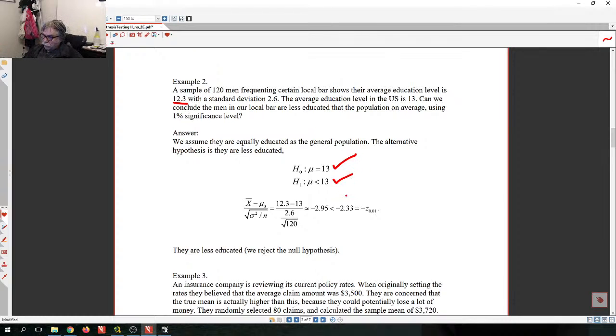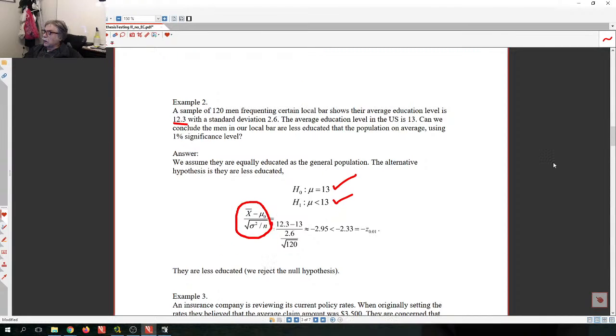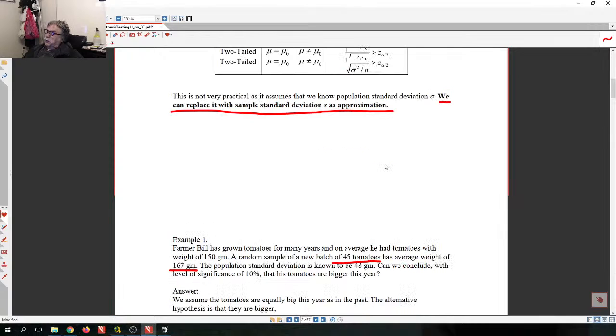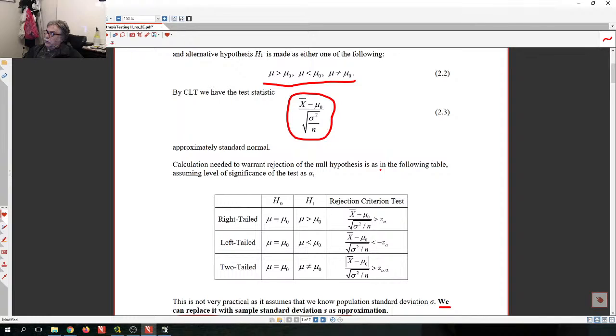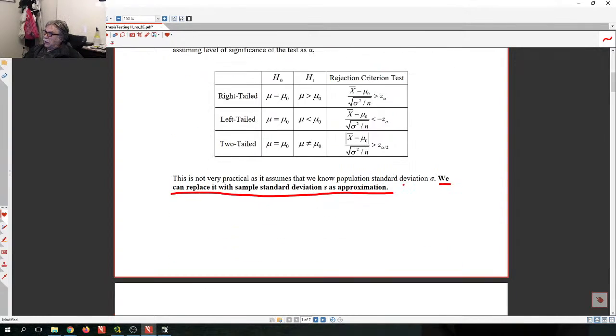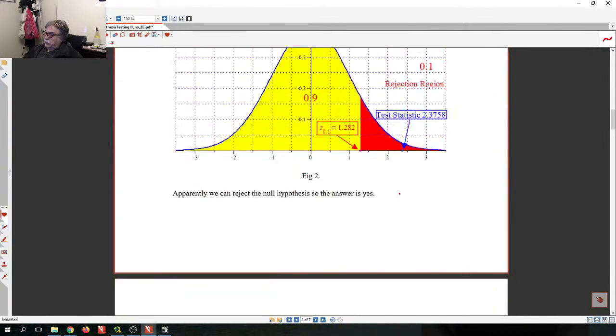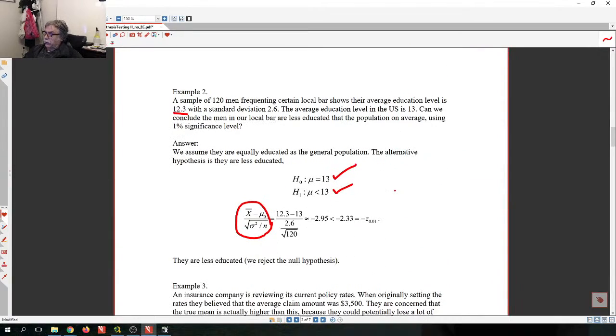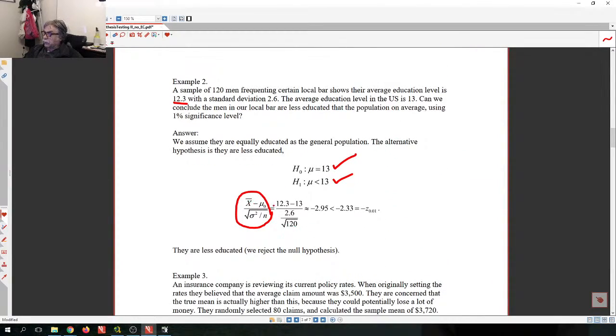Okay. So now the test statistic. So the test statistic is always the same thing here. Again, that is in a formula we stated in the very beginning. The z-value, this must be a z-random variable. Z-value, if you take one sample, and we just have to calculate what it is. So the sample mean 12.3. The presumed